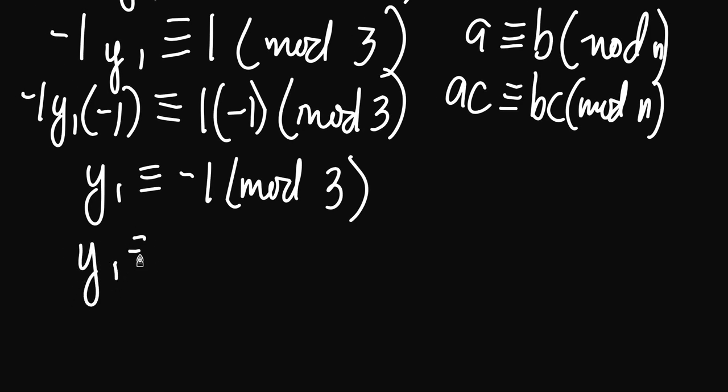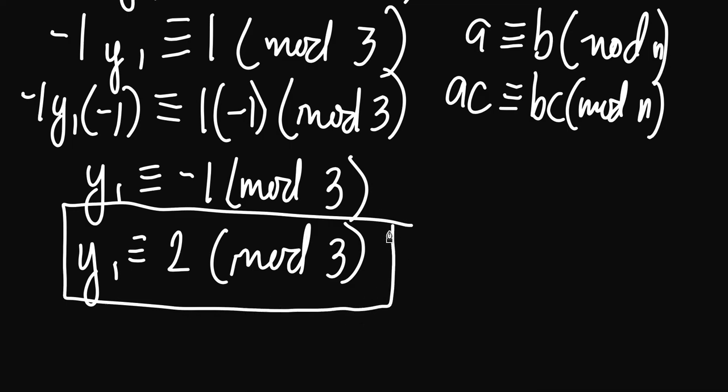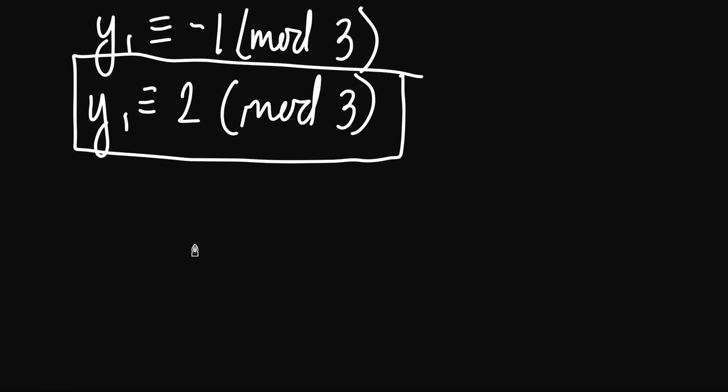y sub 1 is going to go into 2 mod 3. And this is the value of our y sub 1. So let's get a hold of that. Now what we're going to do is continue this. This is only for y sub 1. We will also do this with y sub 2. So similarly,